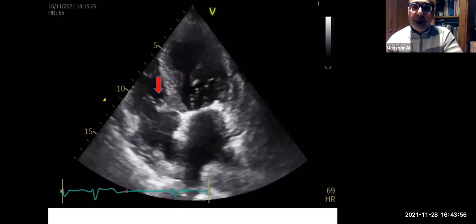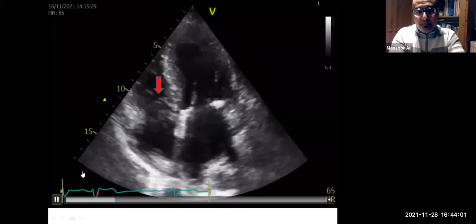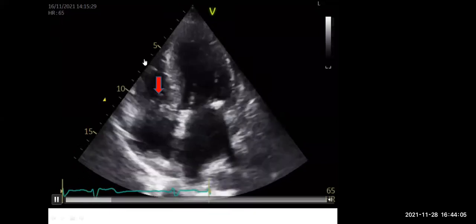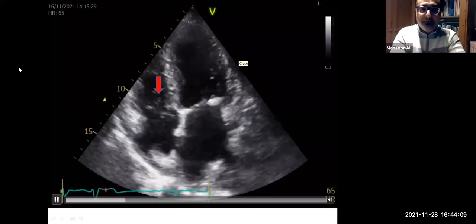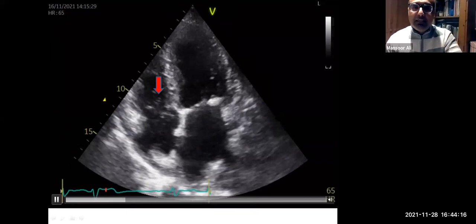Anyone? Anyone in the chat? Oh, they've said tricuspid vegetation. Excellent. And for your last question, they've said send anything that you can get for culture, including from the line. Excellent. So yes, Dr. Aziz, this is actually tricuspid vegetations. In fact,